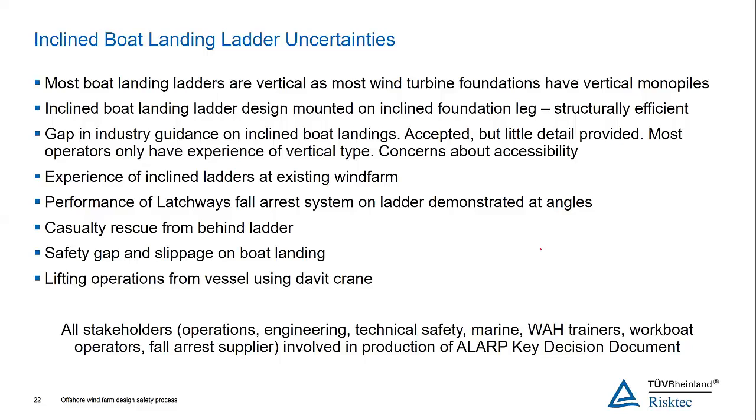So there's a gap in industry guidance, for instance, on this. It didn't rule out an inclined landing, acknowledged that they could be put in place, and there was at least one experience in the UK of a wind farm with inclined ladders. So there was possibility of learning lessons from there. But as you can see, there were a number of issues that could and were raised about operating these inclined landings. And so